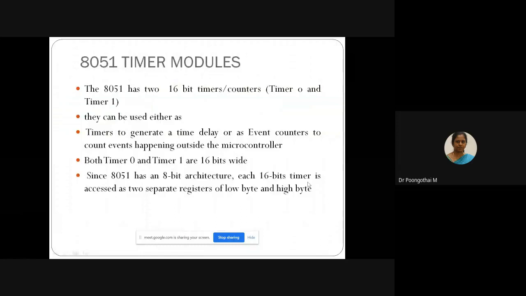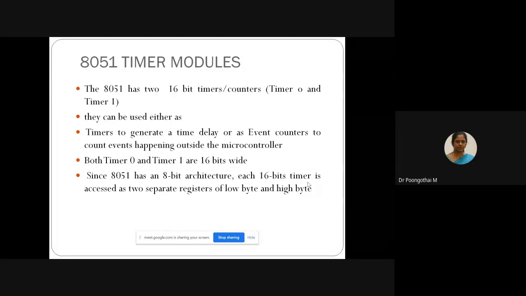So in case of your 8051 architecture, your 8051 comes with 2 timer modules known as timer 0 and timer 1. Okay. So both the timers are 16-bit timers, and a single timer module can be configured as timer or counter. Okay.